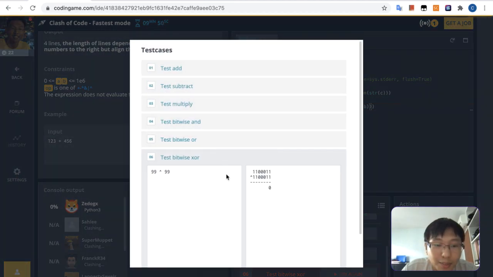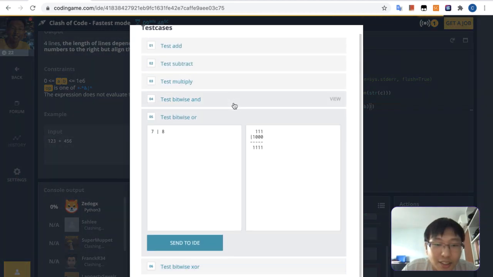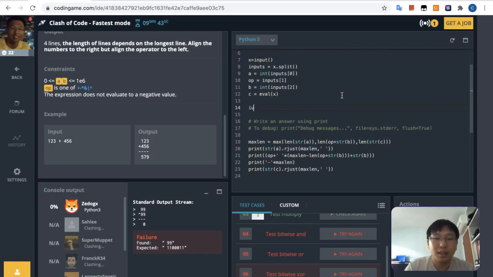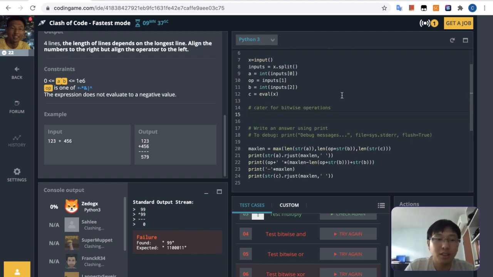Yeah, I'll need to convert it to binary. It's not as easy as I thought it is. Yeah, so maybe let's see. Okay, this is to cater for bitwise operations. This is not easy, you know. This is not easy. Yeah, if OP is in one of the following, N or XOR,